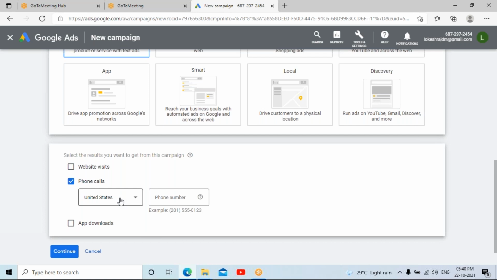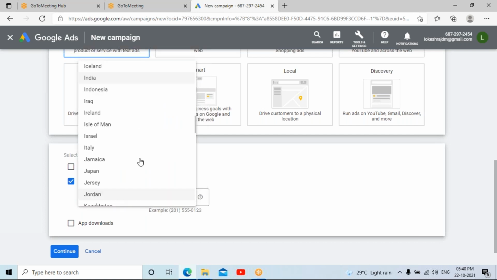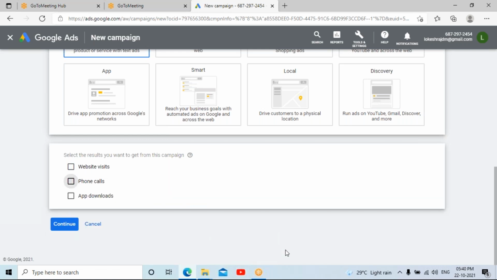I have to choose the country code, so when I choose the country it is added as +91, and you can give the contact number, which will be displayed in the advertisement. Then next, if you want to give, you can. It's not mandatory as of now. You can click on continue without clicking any of the options.